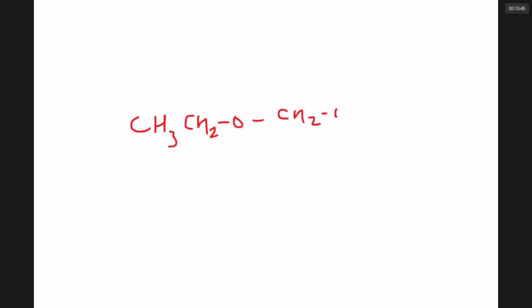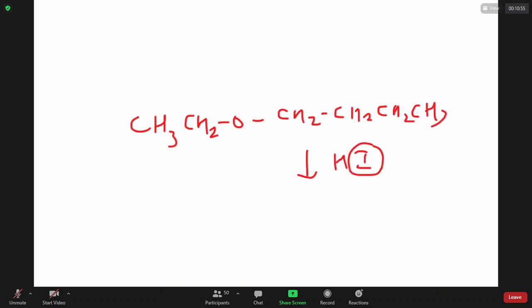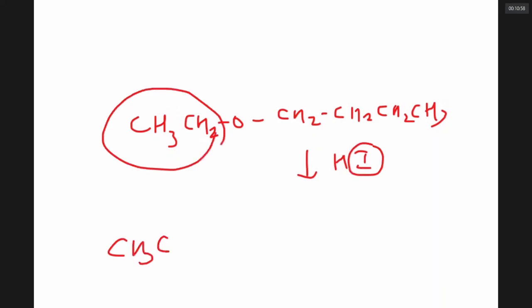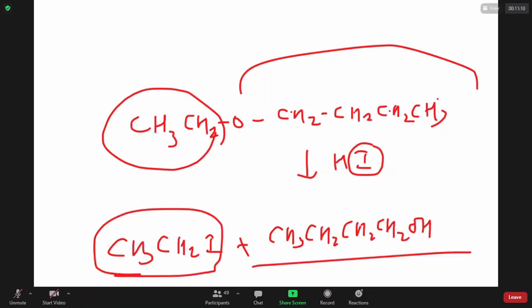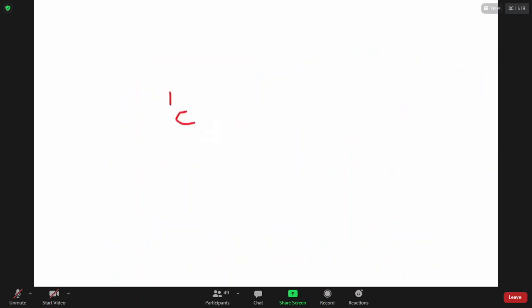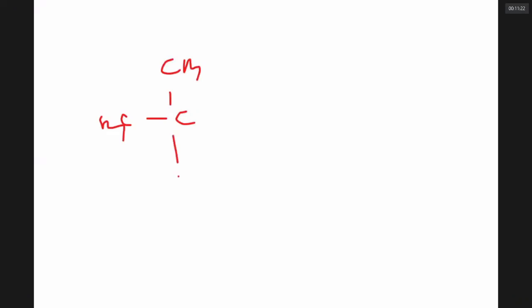Second rule is, whenever you have an ether where one side there is a simple carbon chain and the other side there is a very long carbon chain, and you are reacting it with HI, iodine always goes with the simple alkyl. So you get ethyl iodide, and the other fellow, 1, 2, 3, 4, will take the OH. This is a general rule. Whenever an ether has two different alkyl groups, the simple alkyl group will take iodine. However, there is one exception. If one side you have a tertiary butyl group, the tertiary butyl group preferably takes iodine. Because,